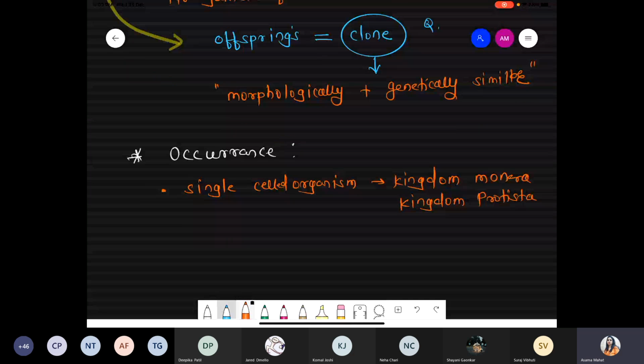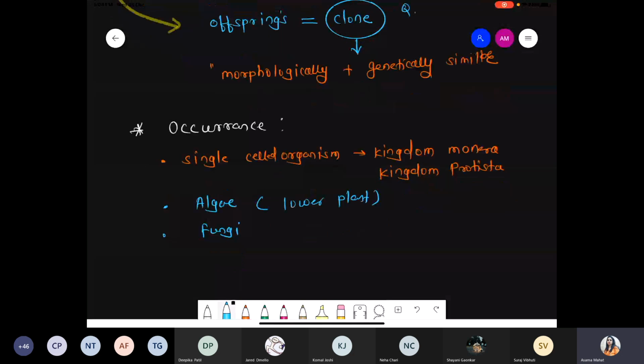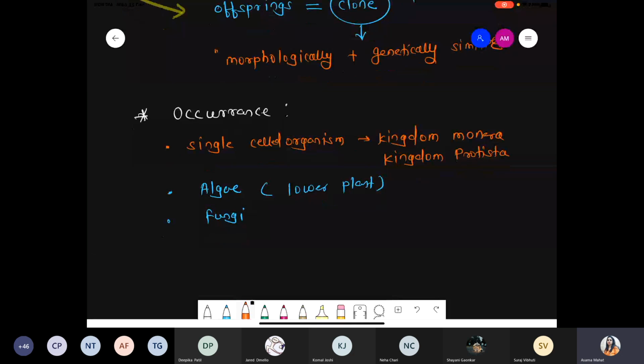As well as the second point, they are also present in a few plants, like algae, because you know very well, algae are basically part of the lower organisms. It is a part of the lower plants. So algae may show it, as well as this condition is also present in fungi, right? Because fungi also show the haplontic life cycle. So obviously fungi also show this kind of asexual mode of reproduction. But we are taking one another condition, they are also present in